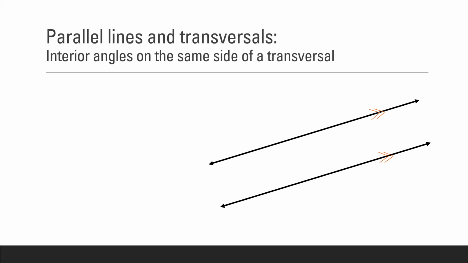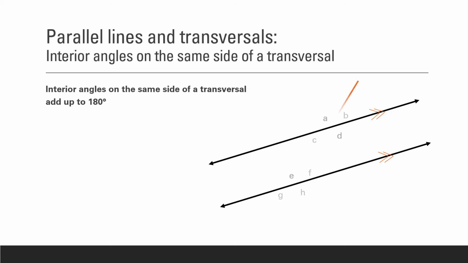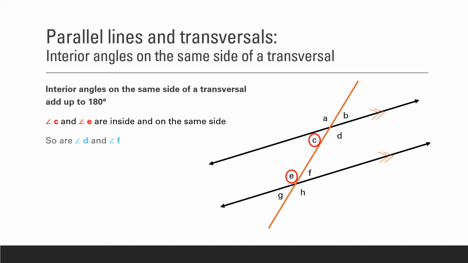The last of our three properties for transversals says that interior angles on the same side of a transversal line add up to 180 degrees. What does that look like? Well, if you look at angle C and angle E, you can see that they're both on the inside, or the interior, of the parallel lines, and they're on the left-hand side of the transversal line. Also, angle D and angle F are on the inside of your parallel lines, and they're on the right-hand side